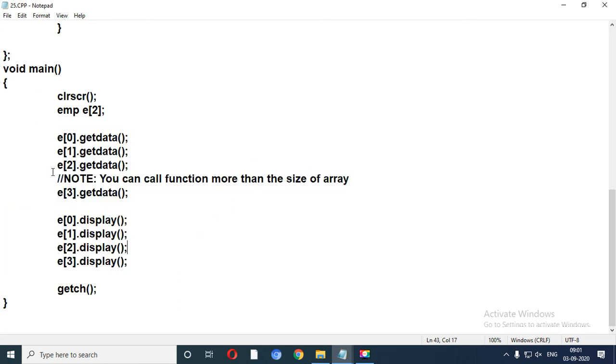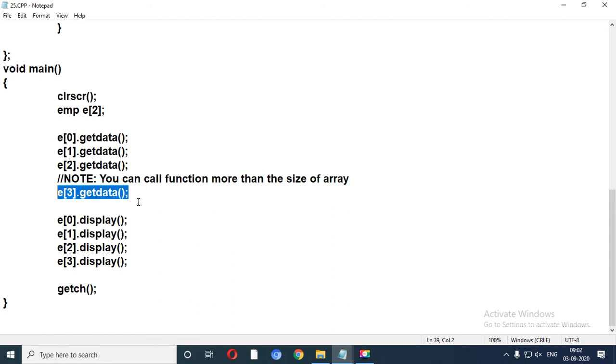Sorry, one more thing I forgot: suppose the size of the array of object is 2. In the C language we are able to store at indexes 0 and 1. But when you call e3.getData, the C language will generate an error that the array index is out of bound.